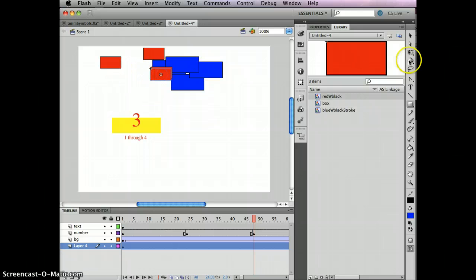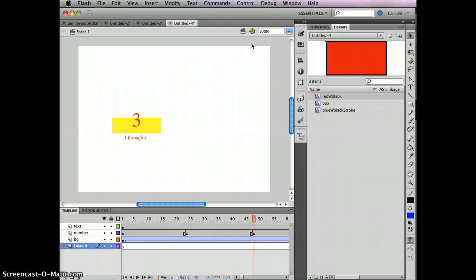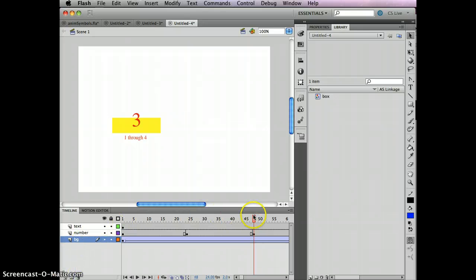Okay, so it's just kind of digressing here to make sure you're following me. So let's delete all of this, and let's delete this from the library, and let's delete this from the library. So we're right back to where we started. We have this movie. Let's delete this extra layer. And so our challenge is to take everything that's this movie here on our main timeline, and convert it